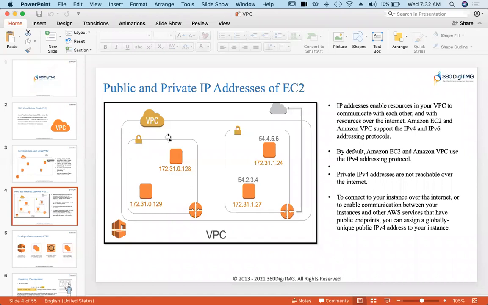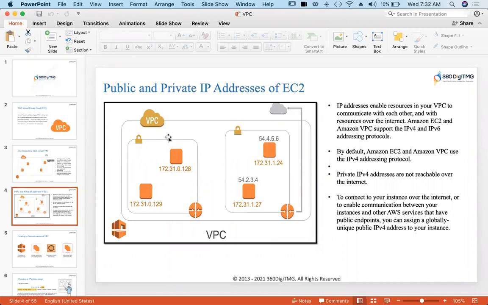And you can, as I said, configure your internet gateway, route tables, all these things. So let us see how we can create VPC. And before going to this VPC, we should also discuss one more thing about subnets and CIDR blocks. So what are these subnets? Subnets are nothing but subnetworks.